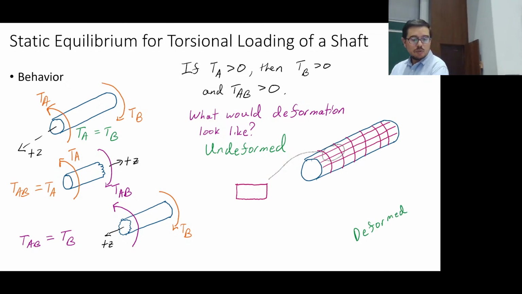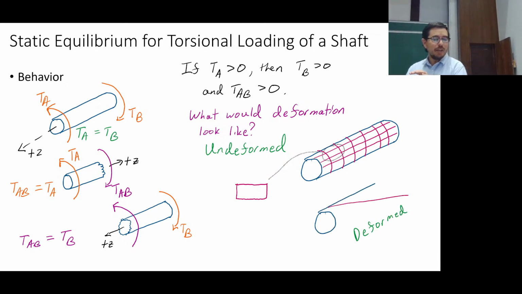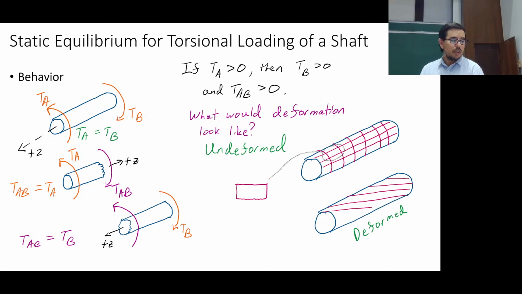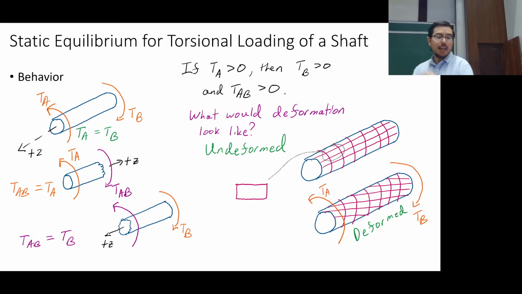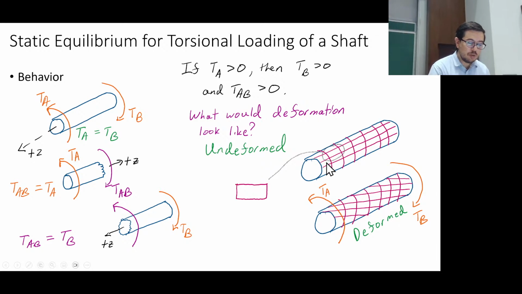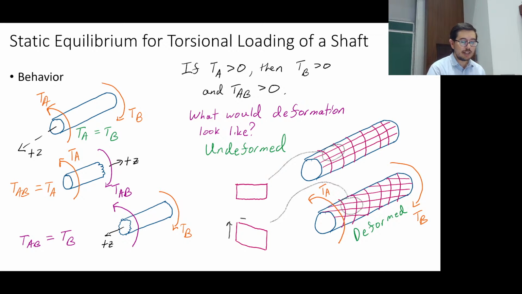what we do here is we think about what is happening to this grid when it's been deformed. So if I apply the torques like you see here, you can already see that this side corresponds to this side, and this side corresponds to this side. Do you see that? Well, what's going to happen? This side is going to shift up, and this side is going to shift down. You see that, right? Pretty simple. And then I draw this element, and that's exactly what I draw. I say, oh, the left side went up, the right side went down. Then I assign these arrows to it,